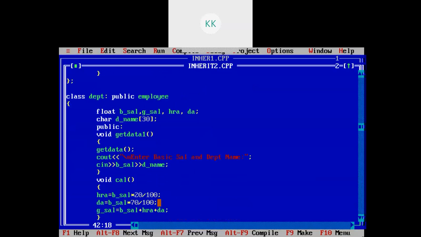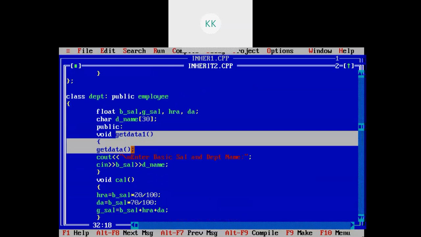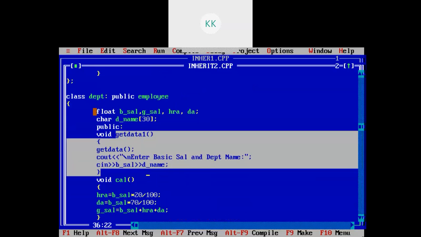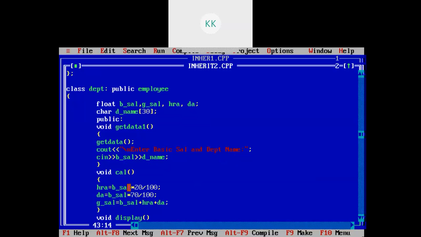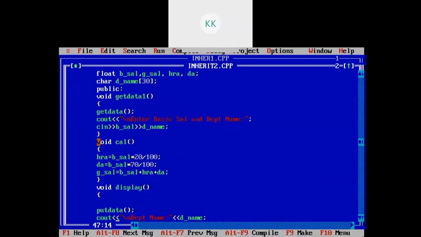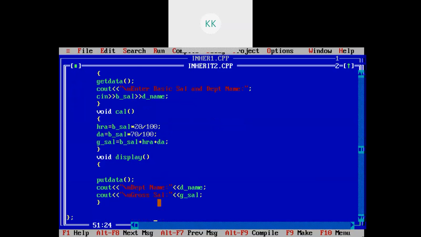Then again we will write the functions to read the values for the class department. Again we need to call this get data function from the base class in this class. Otherwise we need to call it separately in the main. So I have called it here. Then we need to calculate the gross salary as well. That's why I have written this calculate function, which will calculate the gross salary.